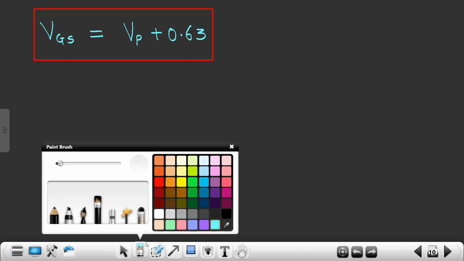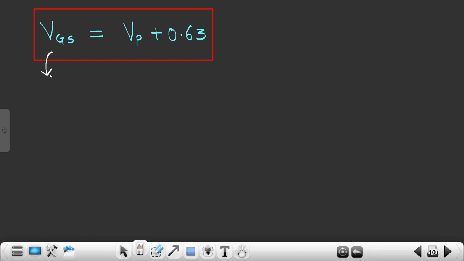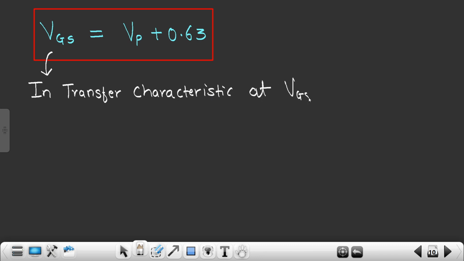So basically at this particular point, in the transfer characteristic, at VGS equal to VP plus 0.63,